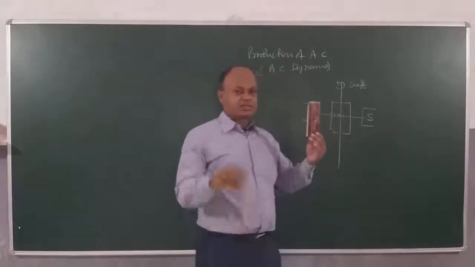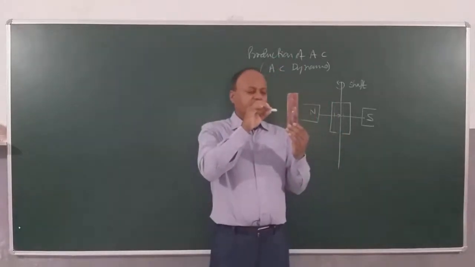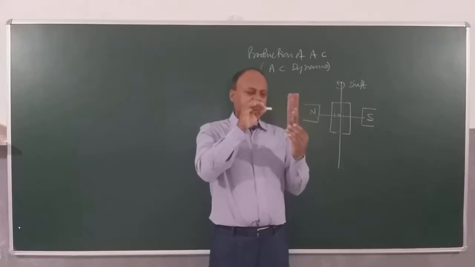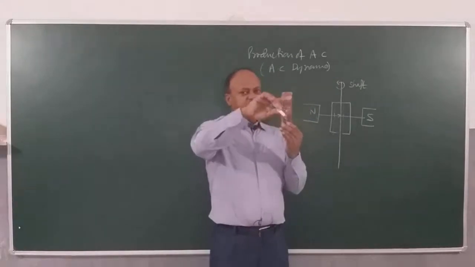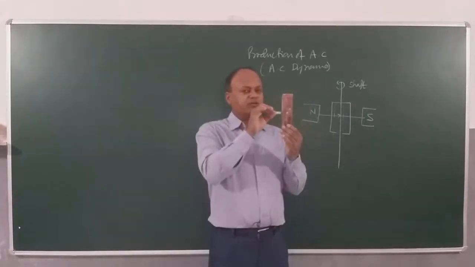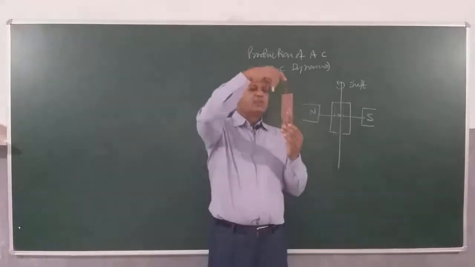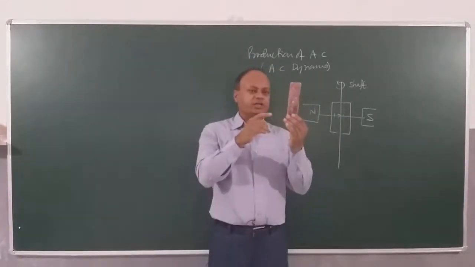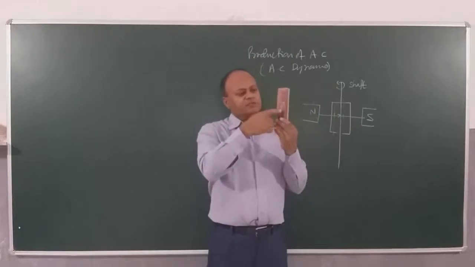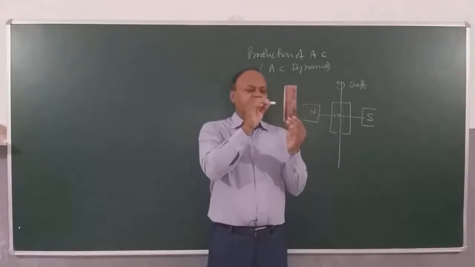Now let us understand like this. Suppose this is how the field lines have been placed, right? So you can see when the coil is like this, this is the area vector. The area vector is perpendicular to the field lines. So flux of the coil will be how much? 0. Now what I'm going to do is, about this axis, the shaft on which this coil is wound, I'm going to rotate it. You can see this face is outside and the white face is inside, and I'm turning it. If I'm rotating, then this angle will change, right?